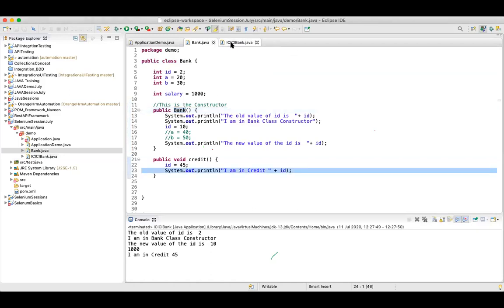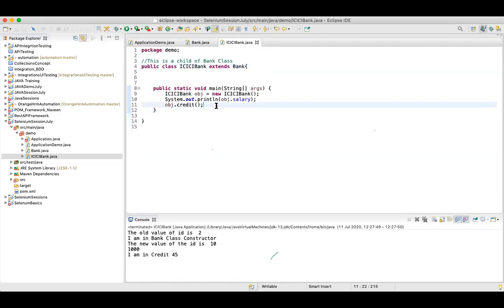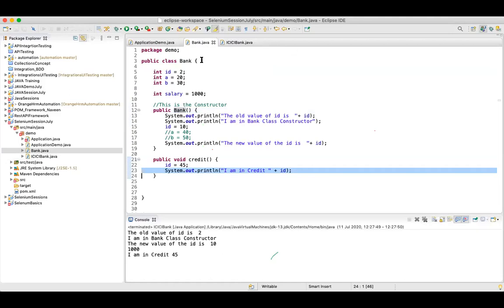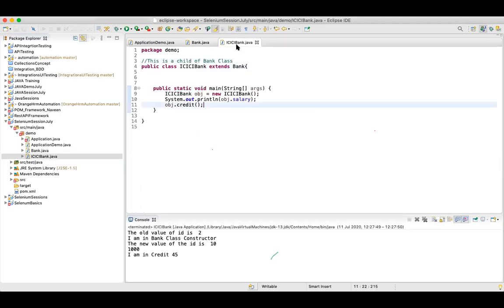This is the concept of reusability, guys. If you have any method which is defined in your parent class, and you want to directly use that method from your child class, then instead of rewriting the entire code, we can simply create an object of the child class and using object.